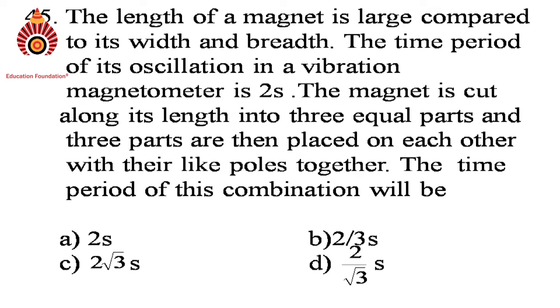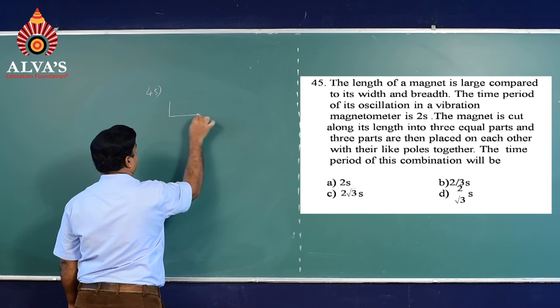The time period of its oscillation in a vibration magnetometer is 2 seconds. The magnet is cut along its length into 3 equal parts, and the 3 parts are then placed on each other with their like poles together. The time period of this combination will be? There is a magnet